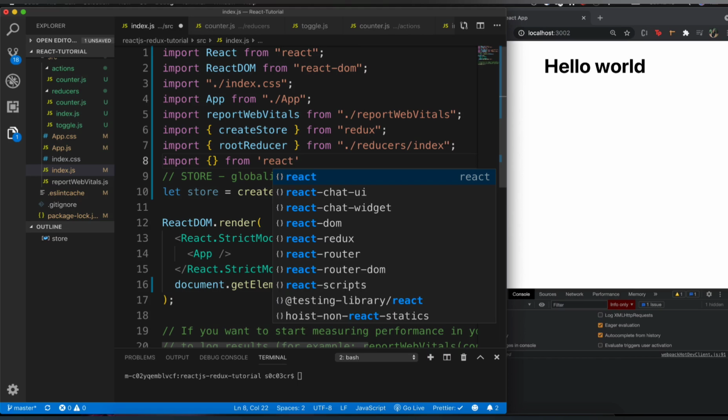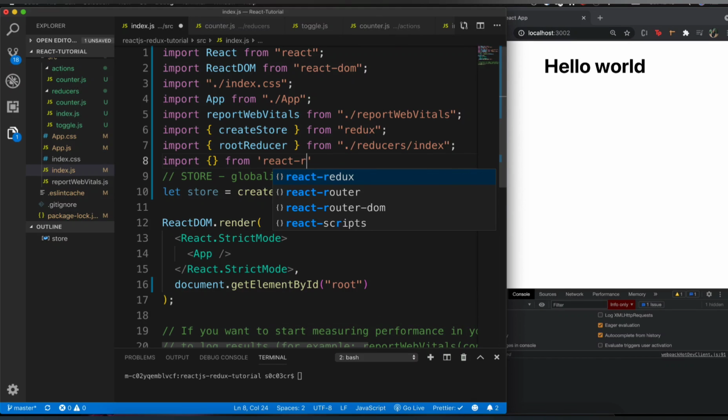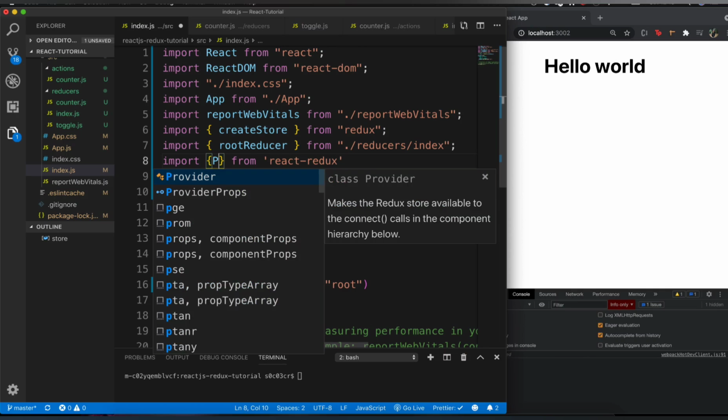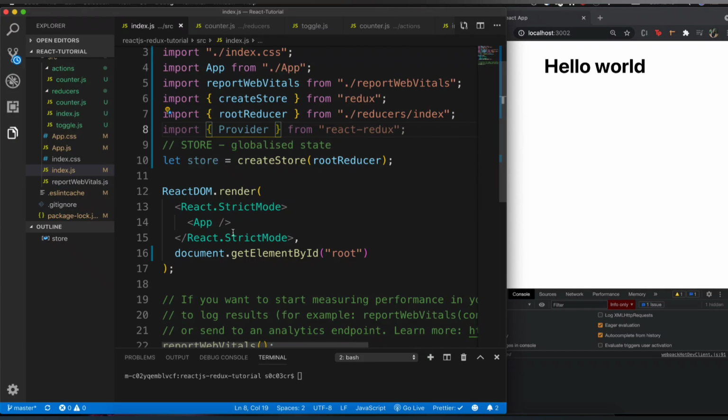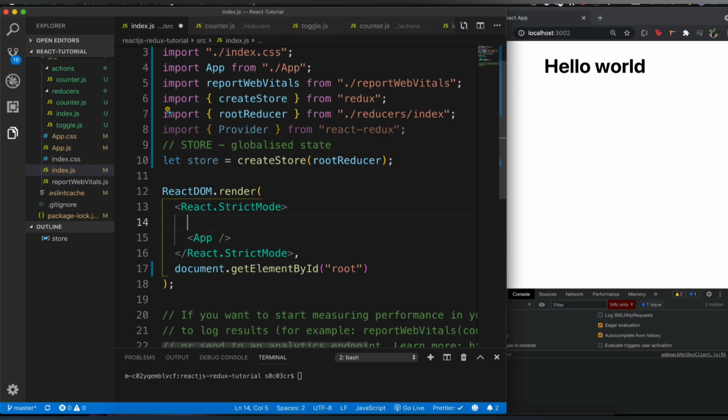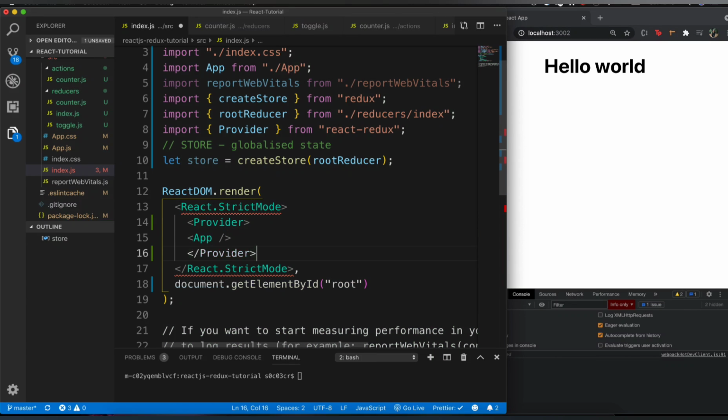Since we are talking about connecting React and Redux, this is something provided by the React Redux package, and it's called a provider, right? So I'm going to say provider, and all we have to do is wrap our app.js inside of this provider, and it should get access. So I should say provider, right, and close it, and put app component inside of this provider.